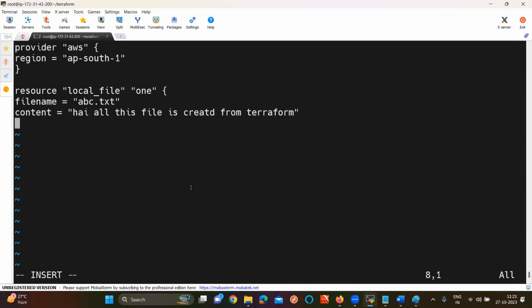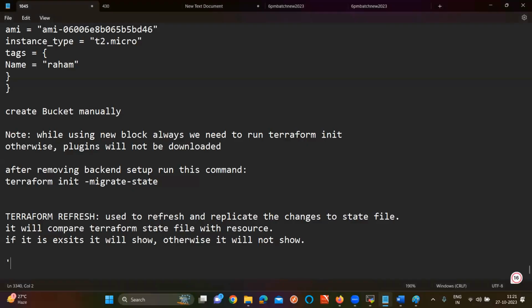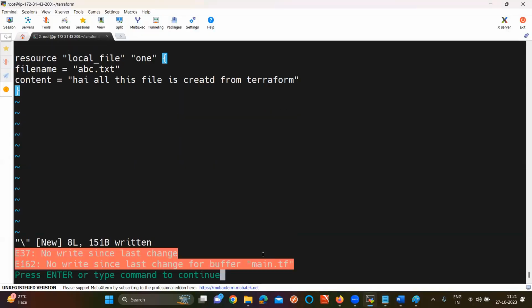So now here I am going to create a resource. Which resource? AWS or local resource? With label name 1. What is the name of the file? Whatever you want, you can give the content. Simply what I'll do is I'll execute this one. First of all, have I written a new resource or not, sir? Local resource.